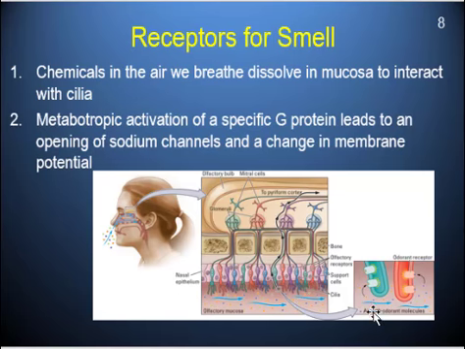Should a chemical happen to bind with a receptor, again, it causes that G protein coupled receptor to release something, which then goes and opens a second channel, which lets some sodium in. That causes ultimately an action potential to happen. And then here are the dendrites. Excuse me. Here are the axons. These are the dendrites. This is the very end of a dendrite down here. Here are the axons that are ultimately going to take that action potential and send it up towards the brain.